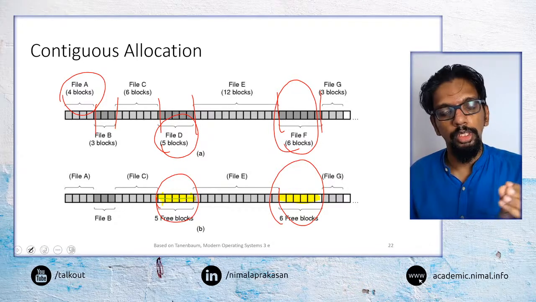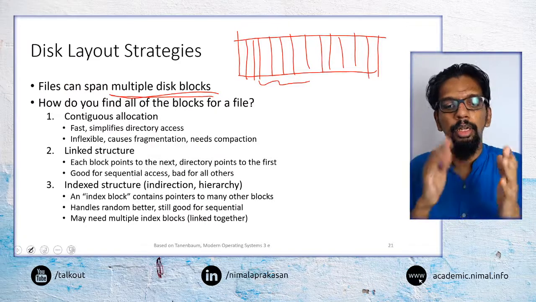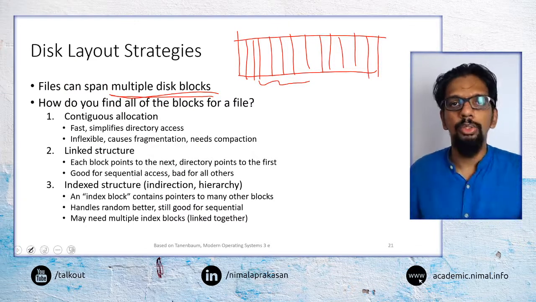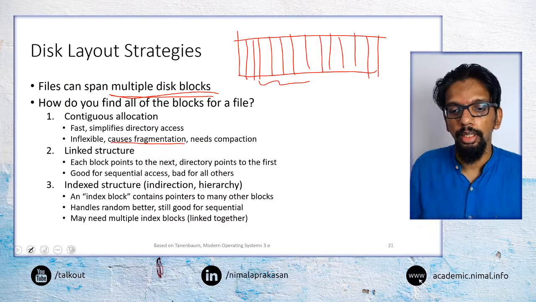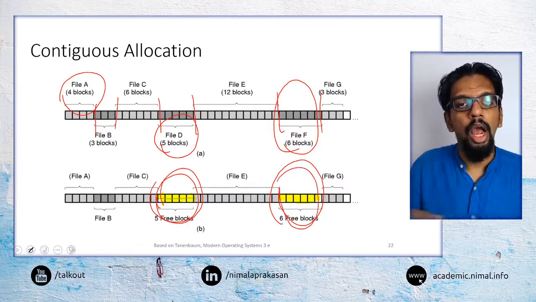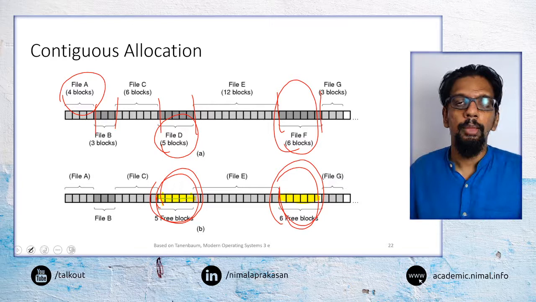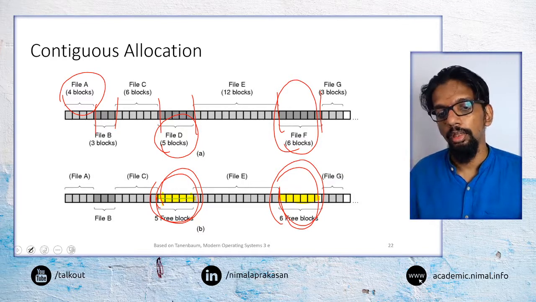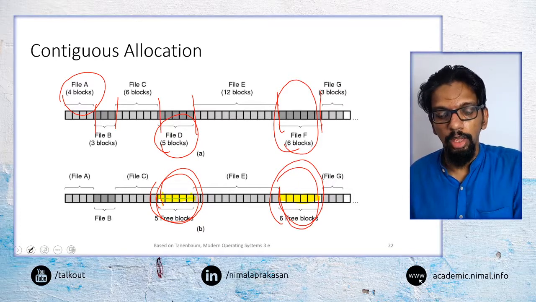So continuous allocation is an easy approach. It is fairly simple, fairly easy to do. But the problem is it will cause what is called fragmentation. We would have these spaces that are unused, so we need to somehow organize them in a better way to move these files. So that is an easy way, but not an efficient way.